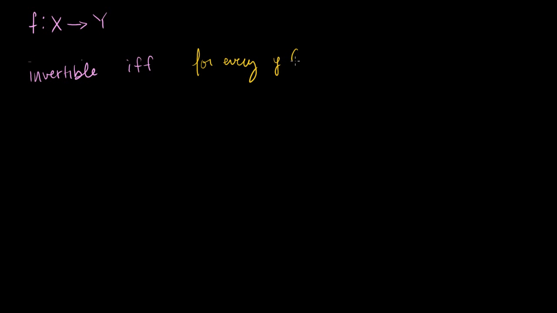A couple of videos ago, we learned that a function that is a mapping from the set x to the set y is invertible if and only if, for every y that is a member of our codomain, there exists a unique x that is a member of our domain such that